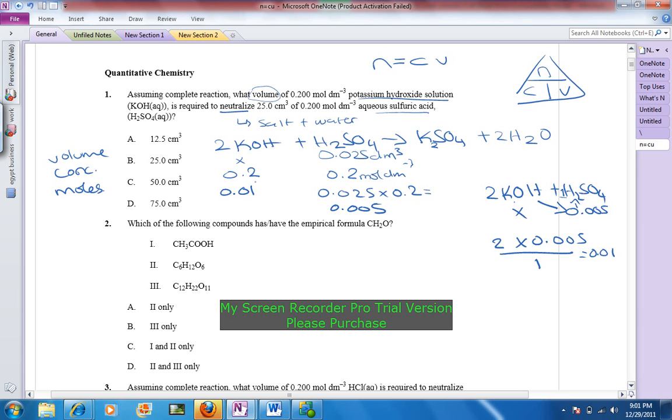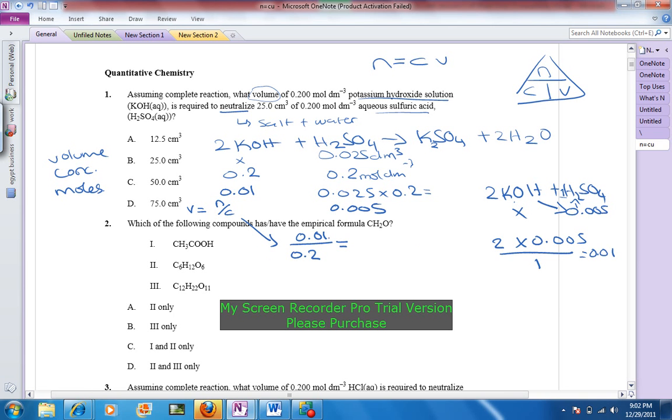Now, you see that you have 2 of the things in the triangle, moles and concentration, so you can easily find out volume. Volume equals, you can see here, N over C, N divided by C. So let's take this here. It's kind of messy, I know. So number of moles is 0.01 over 0.2, right? What you can do to non-calculate a question, okay, I know if you're kind of not that great at math,